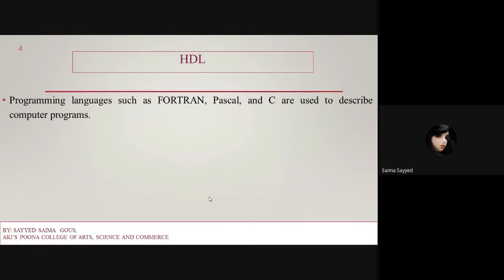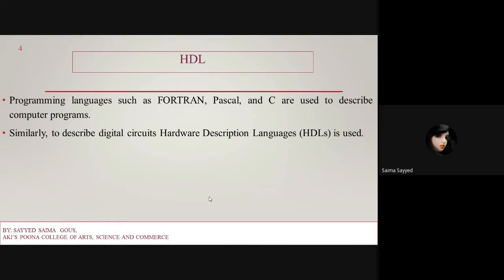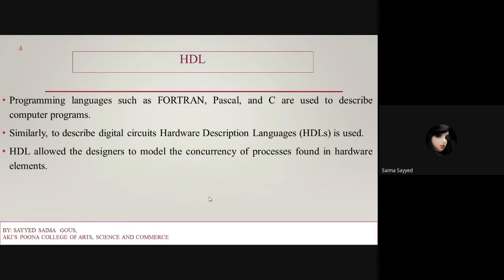Now, what is HDL? Hardware description language. For computer programming, programming languages are used, such as Fortran, Pascal, and C. In a similar manner, to describe digital circuits, a hardware description language, HDL, is used. HDL allows the designer to model the concurrency of processes found in hardware elements.